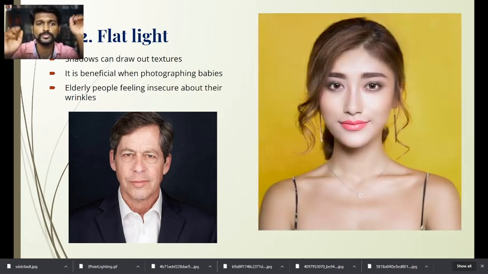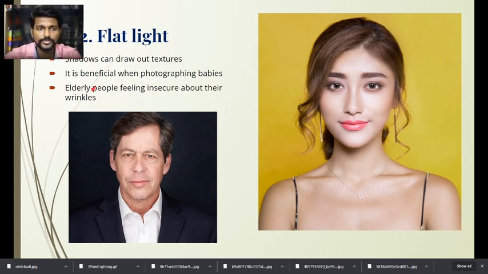So as both the key light and fill light will be set in the same percentage, whereas we use this as 30%, we should keep the same 30% in this fill light also. So this type of photography is called flat lighting. In this type of lighting you have an advantage: you can capture baby photography, whereas whenever the baby turns this side and that side, it will be giving the same lighting.